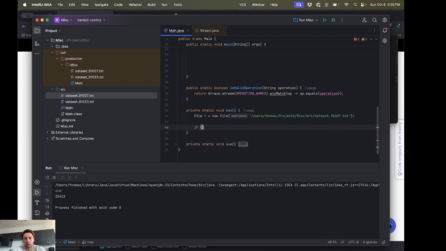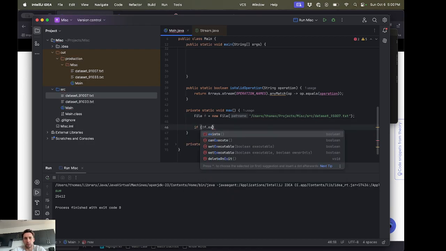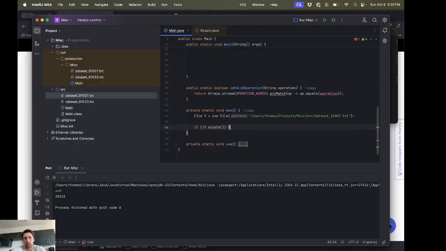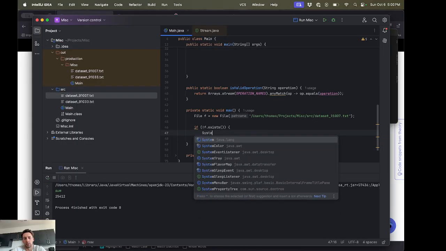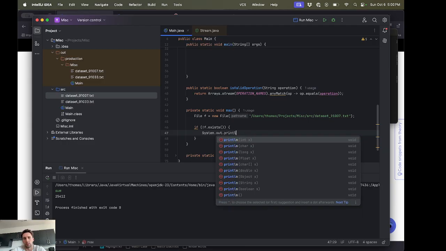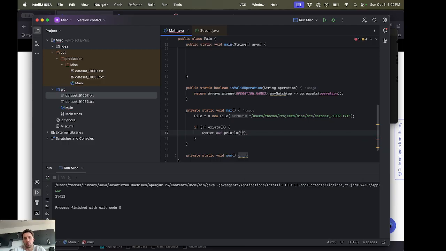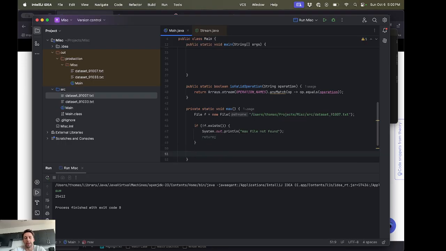If f dot exists, if it does not exist, system dot out dot println max file not found. Return. Now, what was it? It's like while